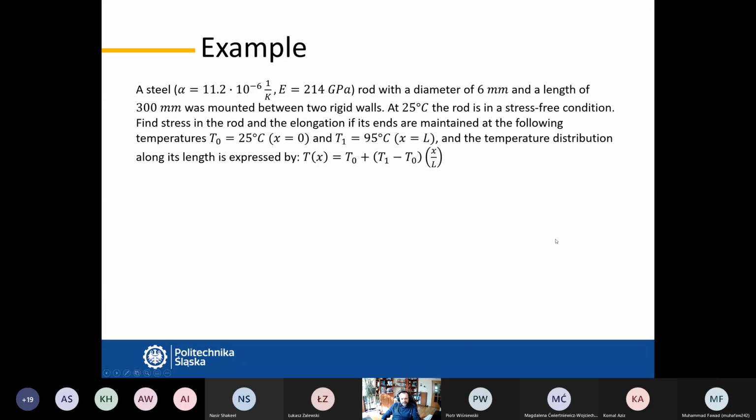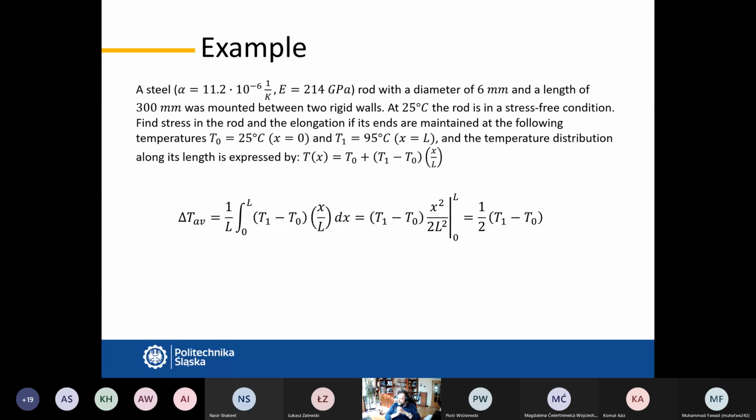So let's look at our solution. Firstly, we know that we can use the simple formula as it was for uniform temperature increase, but we have to substitute the temperature rise or temperature change by means of the average temperature. So let's calculate first the average temperature of the bar. So, you know, it's 1 over L integral of the function